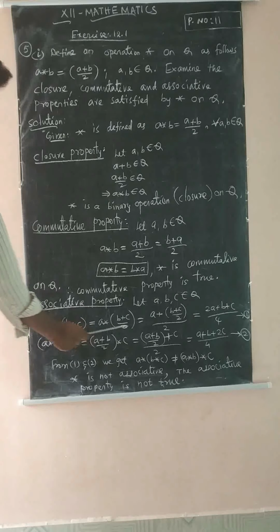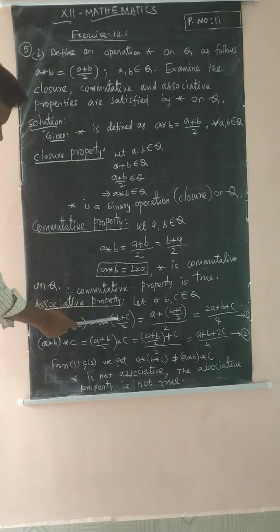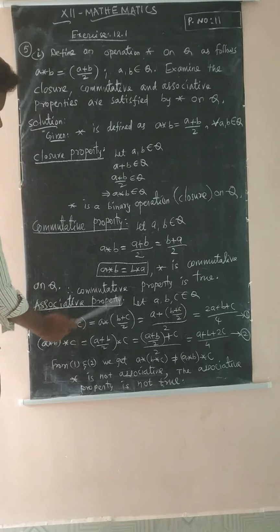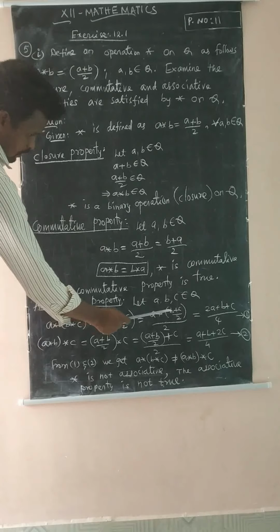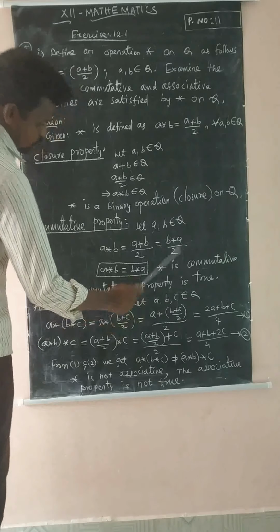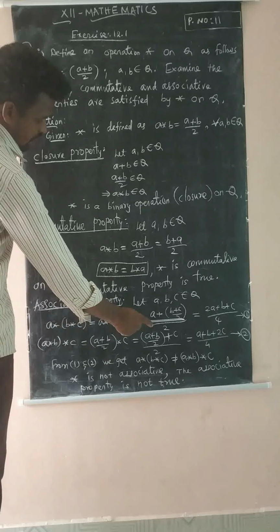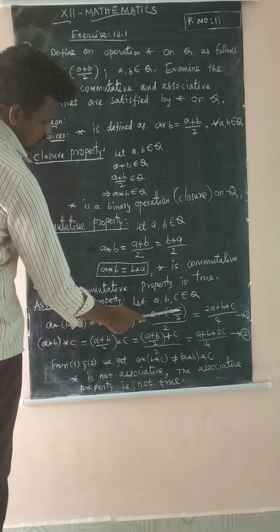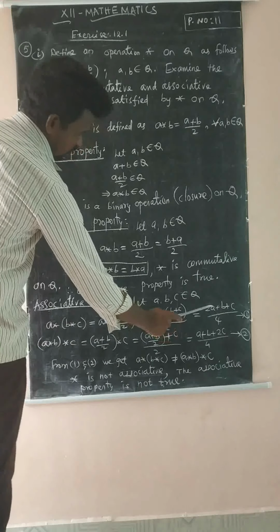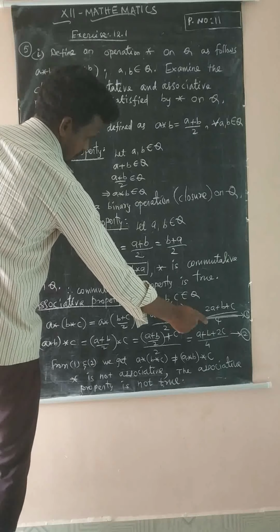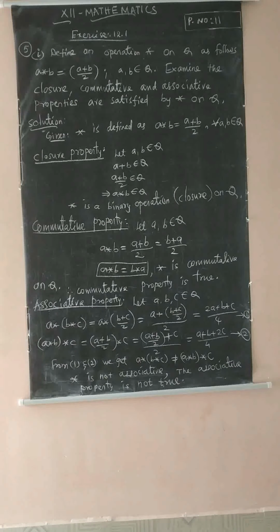Again you use the star property. This term is considered as the B term. So A star of (B plus C) by 2. We can write this as A plus (B plus C by 2), the whole divided by 2. We can cross multiply: 2A plus (B plus C) by 2, into 2 is 4. That means (2A plus B plus C) by 4. Take this as equation number 1. And the next, change the bracket.